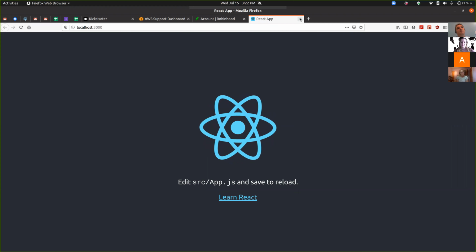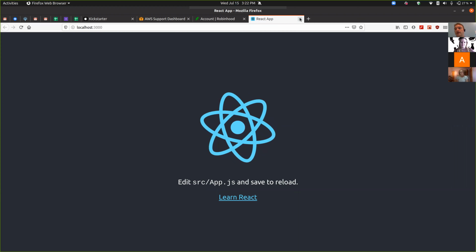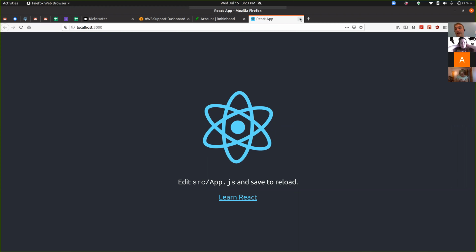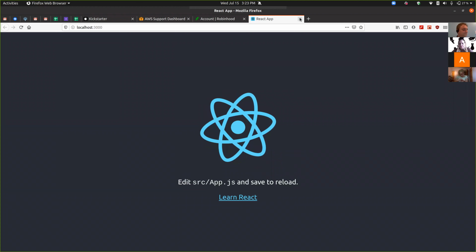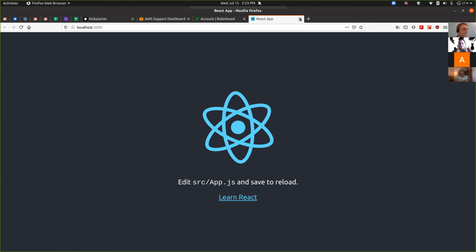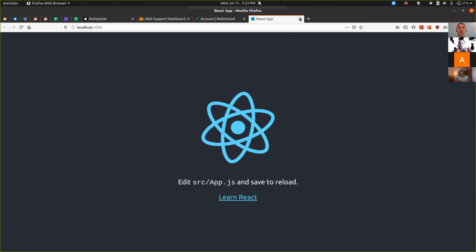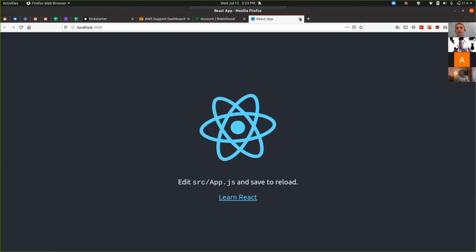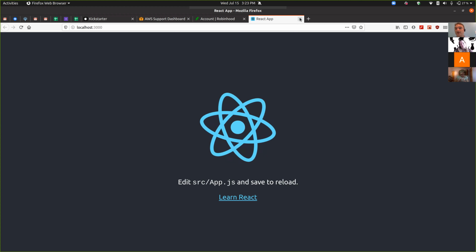So there was an effort led by Yehuda Katz, who's an ex-Rails guy. He was responsible for the Rust programming language. He created Ember. He's like my patron programming saint. He led an effort to create an alternative to NPM called Yarn that was going to fix all the problems that everybody had with NPM. And it was awesome. And then like a week later, NPM was like,